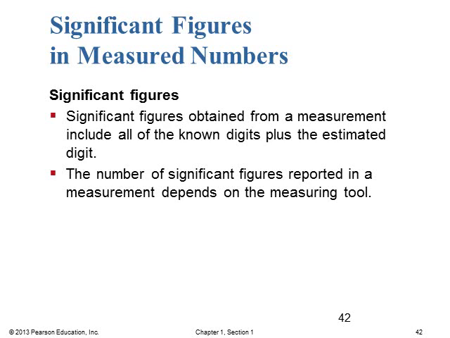So significant figures are the number of values that a measurement includes, and that includes all the known digits that are actually reported on the measuring tool, as well as the estimated digit that you come up with by looking at the tool. The number of significant figures just depends on the measuring tool that you're using, how many marks are on that measuring tool, and how accurate a measuring device you have.